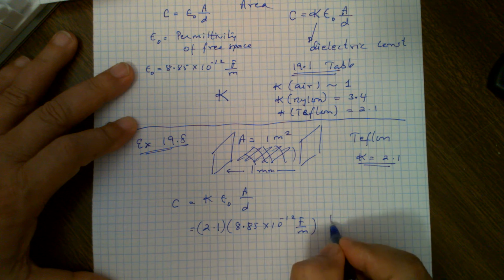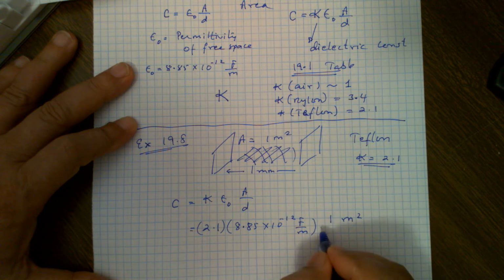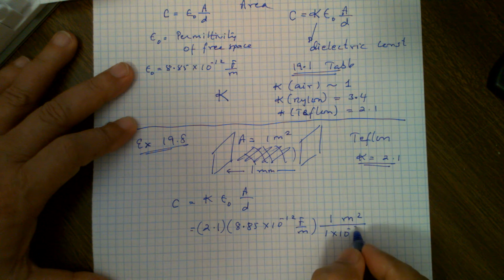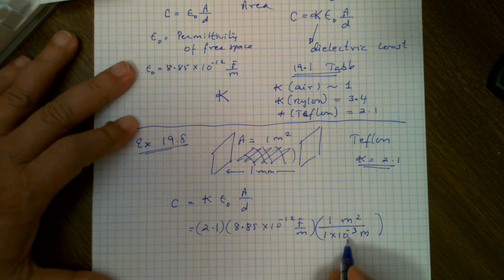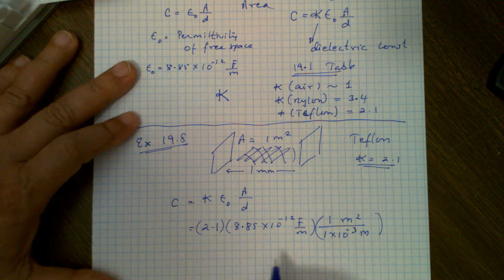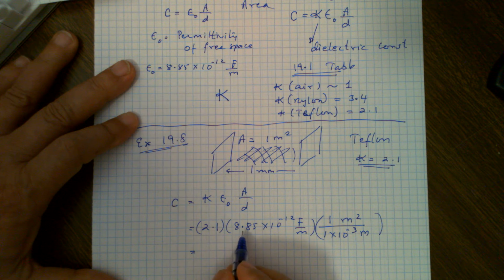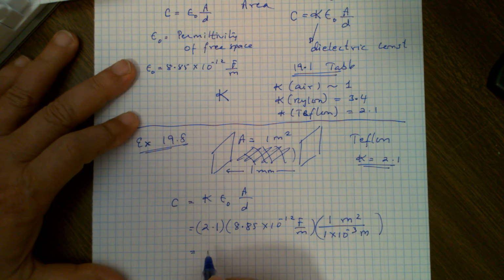And A is 1 meter squared. And D is 1 times 10 to the negative 3 meter, because 1 millimeter is 10 to the negative 3 meters. So now this is 10 to the negative 12 over negative 3, so I'll get 10 to the negative 9. I multiply 2.1 and 8.85 in the calculator, and I've done that already, and it's